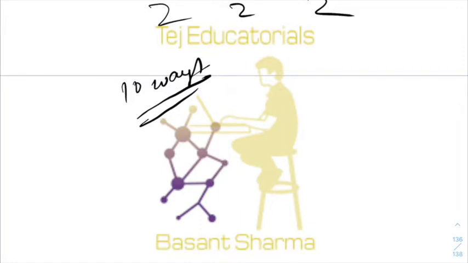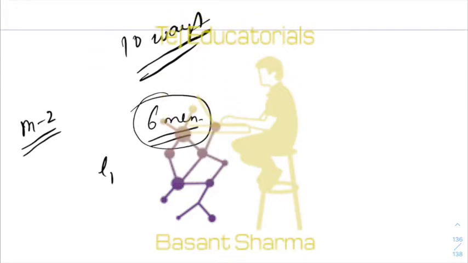The second method is much better. Method 2 is, you think like this: you have to select 6 men. I already mentioned this in the last lecture. In the application of the multinomial theorem, I told you that if you have L1 objects of type 1, L2 objects of type 2, L3 objects of type 3, then to select n objects, you have L1 is 10, your L2 is 8, your L3 is 6, and your n is 6.